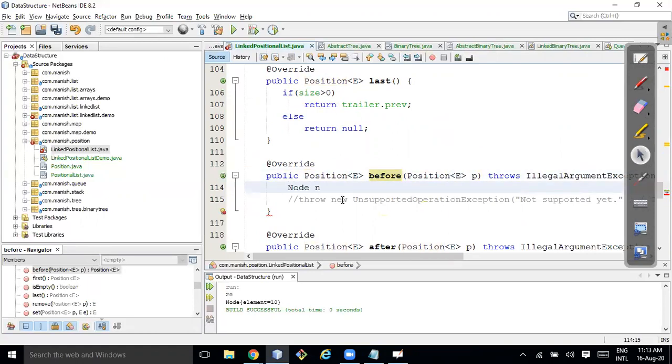Node n is equal to validate of P. So I got the n. If P is not an object of the node class, obviously it will throw invalid, or if it is pointing to null, then it will throw.